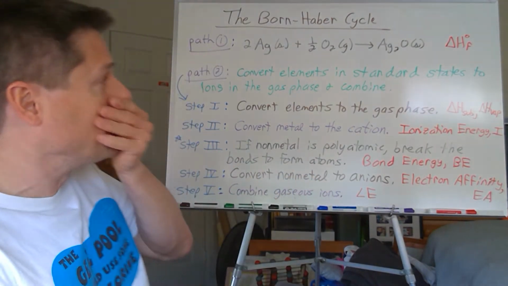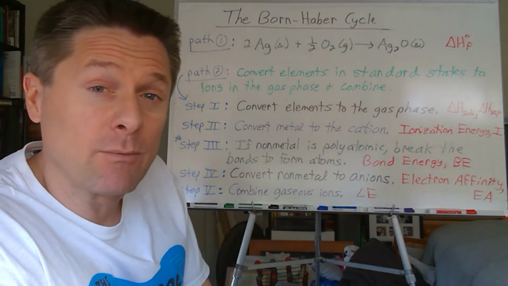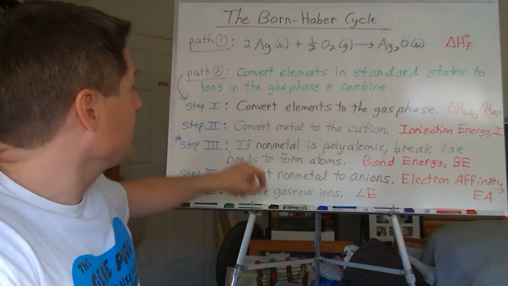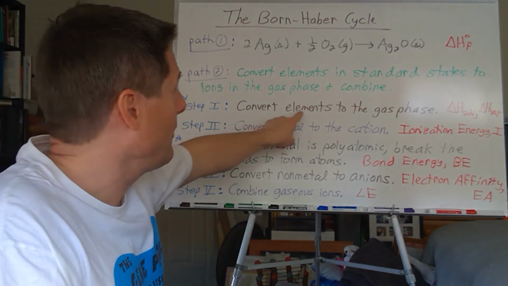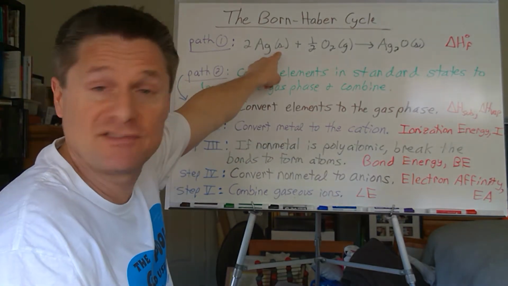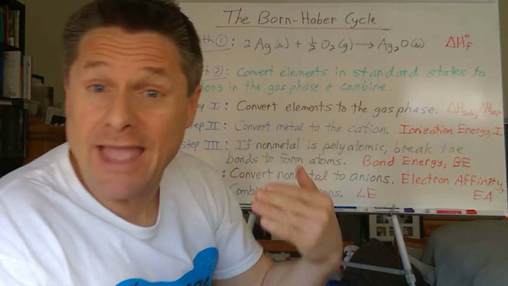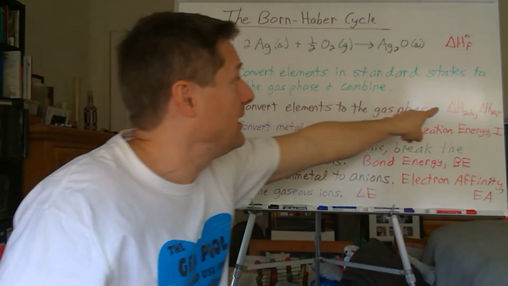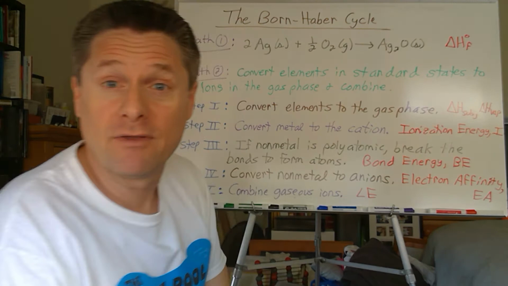So let's walk through it. This will be a lot easier later when we do a Born-Haber diagram. So anyway, I just want you to understand the process of Hess's law. So step 1, we're going to take any elements that are not in the gas phase, for example, the silver, and we've got to get it into the gas phase because we're trying to get the ions in the gas phase. So if you've got a solid, you need to sublime it with the molar heat of sublimation or molar